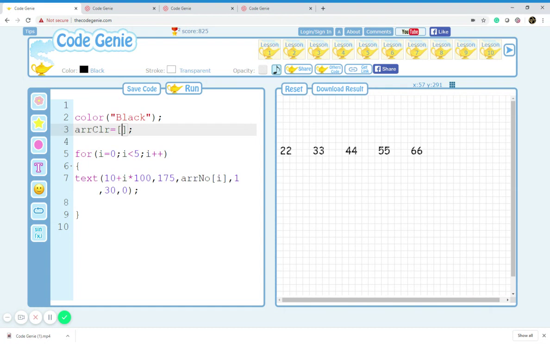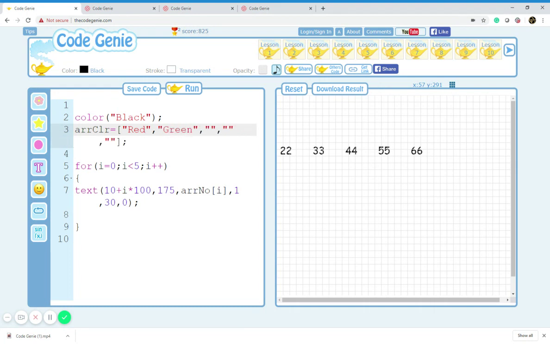Let's say we have 5 array elements. So 1, comma, 2, comma, 3, comma, 4, comma, 5. And the last one, we don't put a comma because it is the last one and we are going to close the bracket. So let's give them some values. If the items in the array are not numbers, then we need to enclose them between double quotation marks. So red,